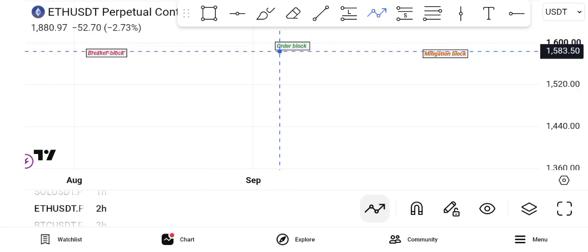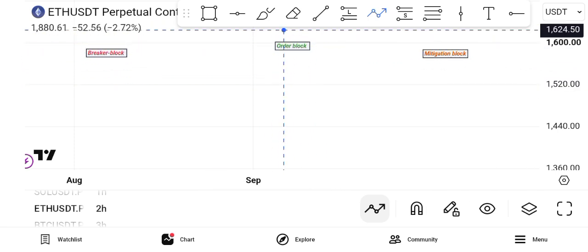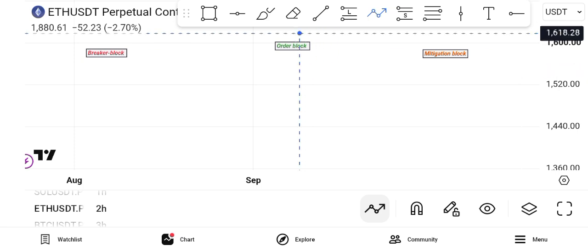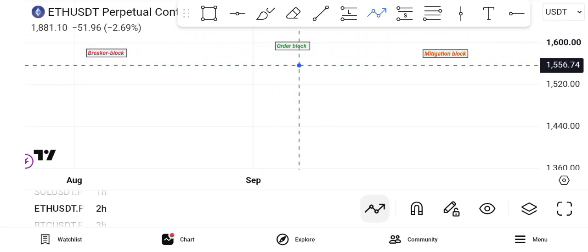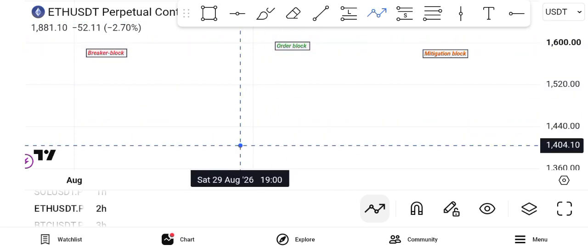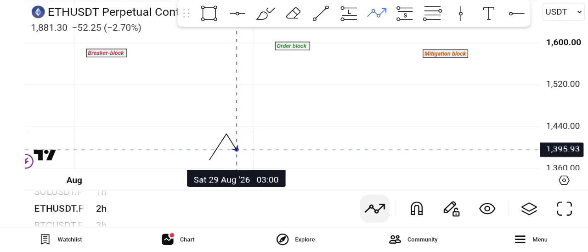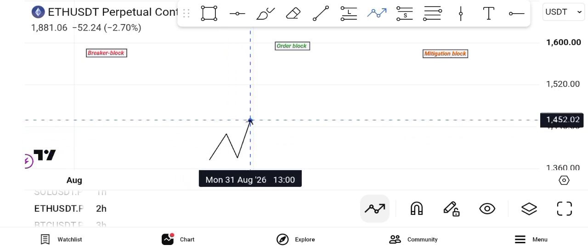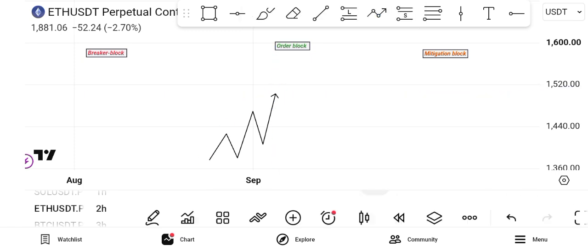Now, for you to clearly and deeply understand how to mark out your order block, it is very important you understand the structure of the market. If you're still struggling with structure, check my previous video where I talked about market structure and SMC. We want to understand where our structure is heading. If we have an uptrend with structure just like this,